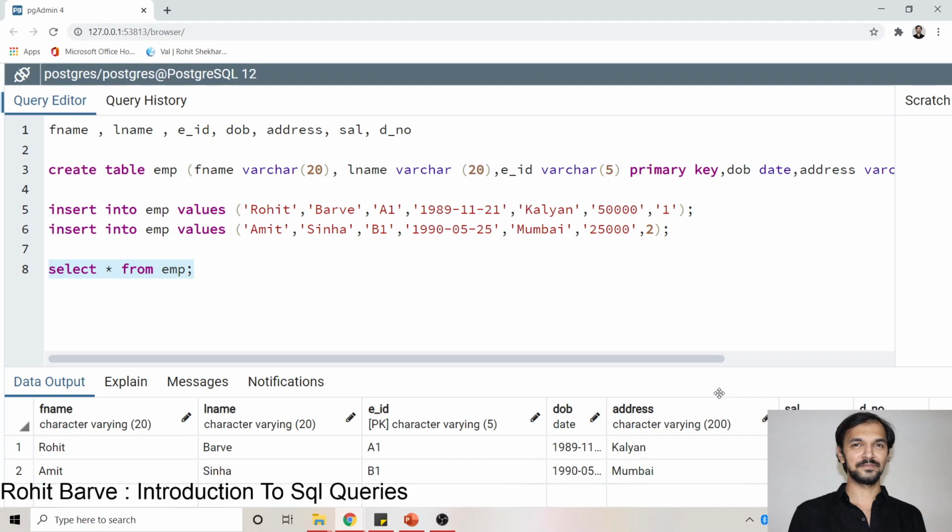In the next video we will see how to update our table. That means we have some values in the table and we have to change some data. How to do that? We will see one very useful query to update a record in our existing table. Also we will see how to add a column. In upcoming videos there are a lot of things to learn.